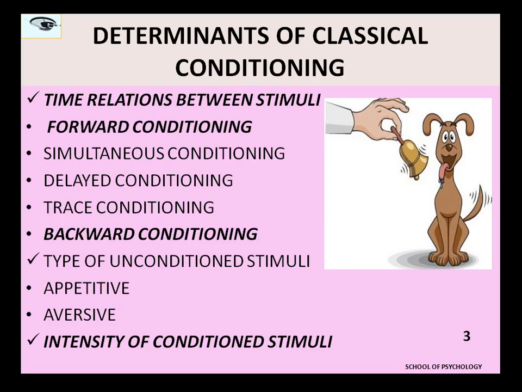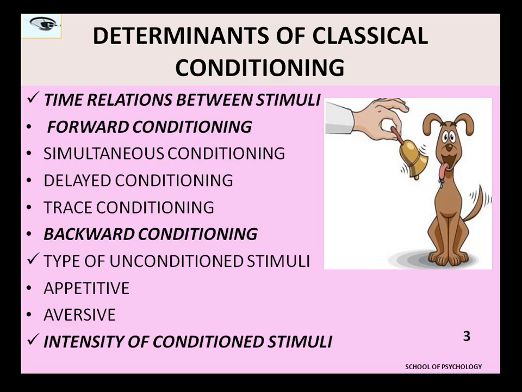Hello, everyone. Today we are going to talk about the determinants of classical conditioning. How quickly and strongly is the conditioned response acquired or learned? It depends on many factors, and that's what we are going to study today. The first factor is definitely the time relations between stimuli. These are the time relations between the onset of the conditioned stimulus, which is the bell, and the unconditioned stimulus,